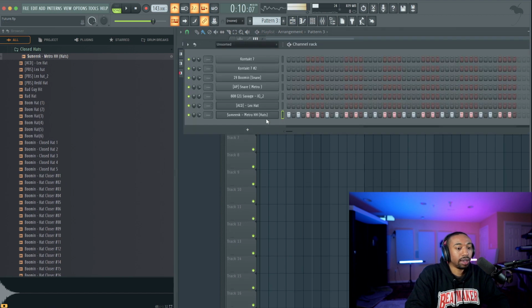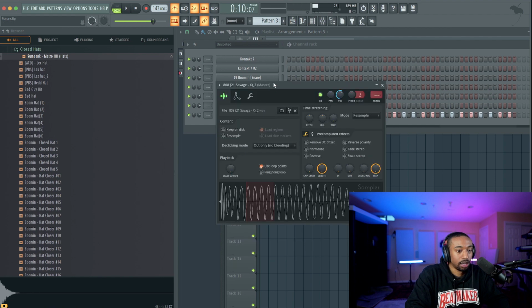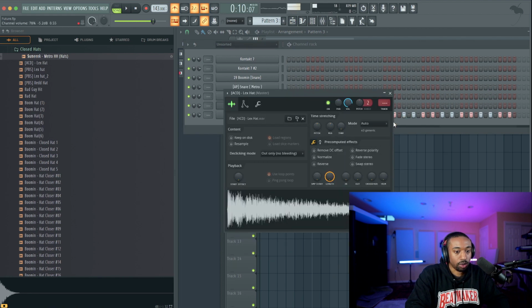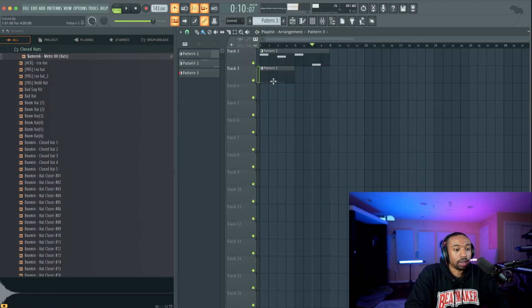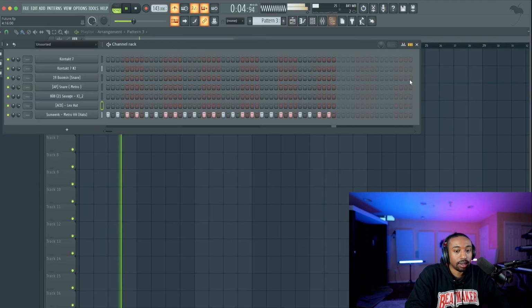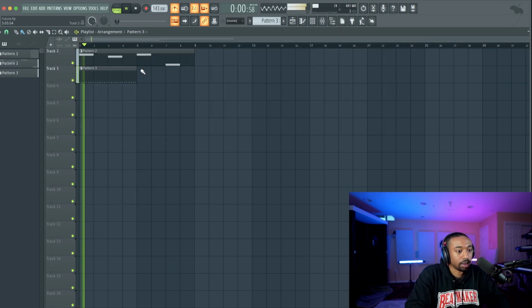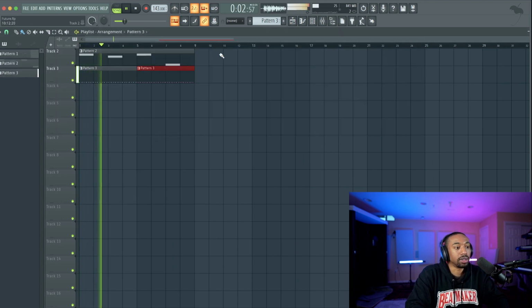If anything ever pops up that says, hey, do you want to time stretch something? That means that one of these things is on auto mode, which here it is. Let's take this off of auto mode, turn it on resample, right click and select none to reset. Let's go back, song mode. Now this hi-hat is missing the end of it, so let's right click, fill each 2 steps. There we go. Now we have all 4 bars, or 2 bars technically.